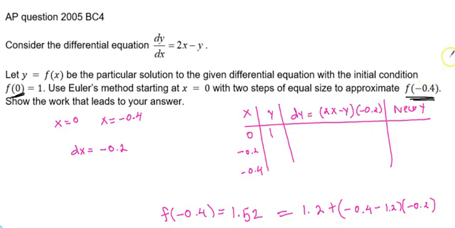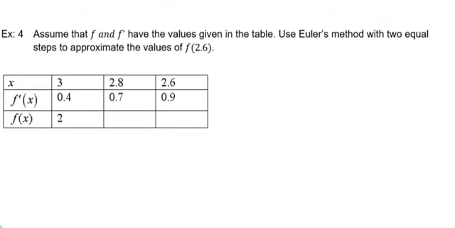So in this video, I'm just going to walk through a couple of examples. These are past AP style questions as well. They give you the table here instead of an equation. All you have to do is understand the table. Selected x values are given to you. 2 equal steps, approximate 2.6.